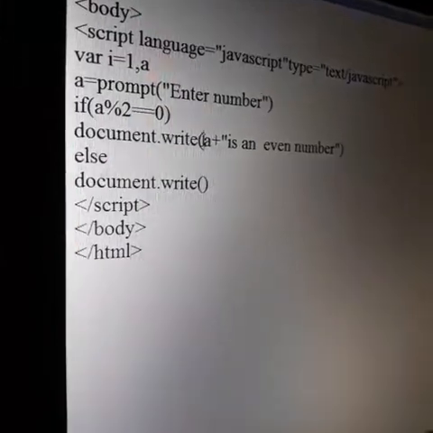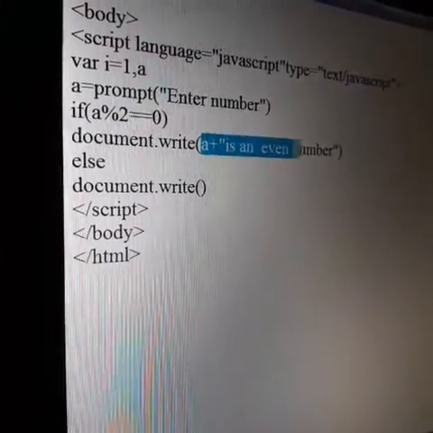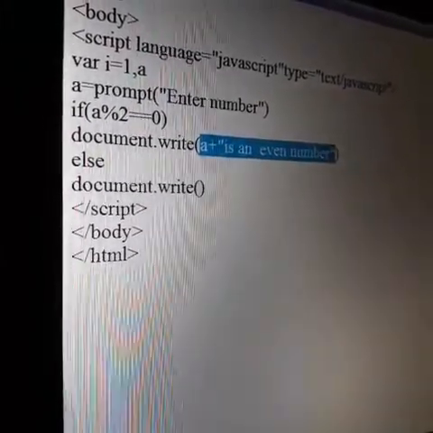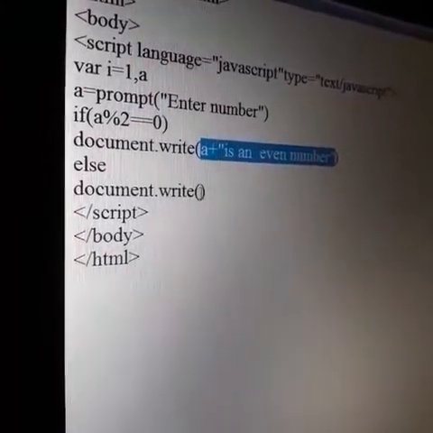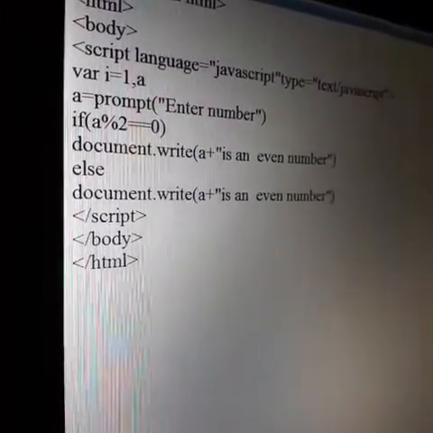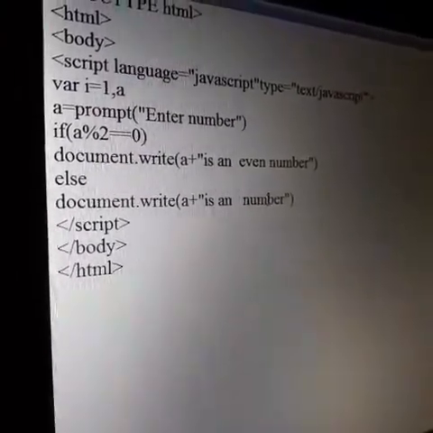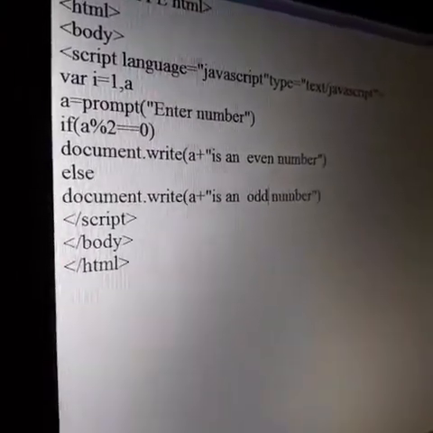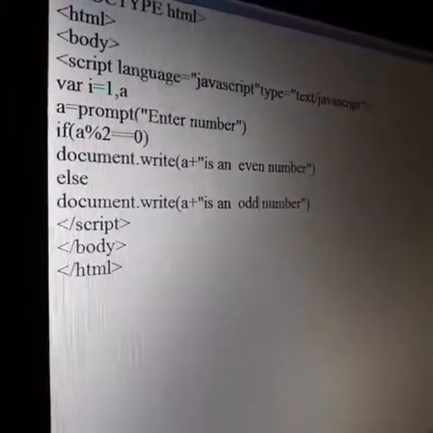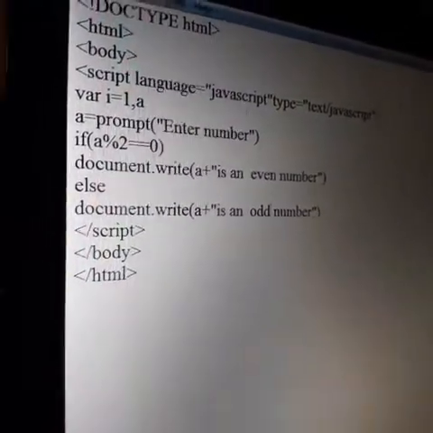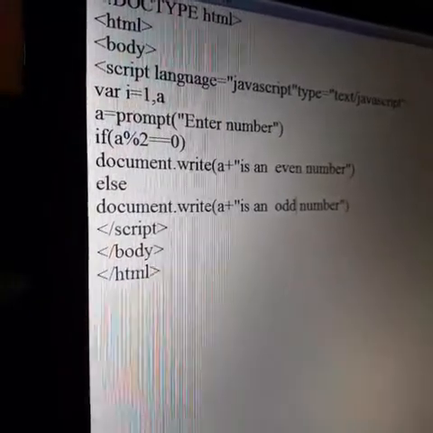Instead of writing the same statement twice, we will just copy it and paste it here, Control V. In place of even, you write odd. So a plus " is an odd number". Here my program is over.